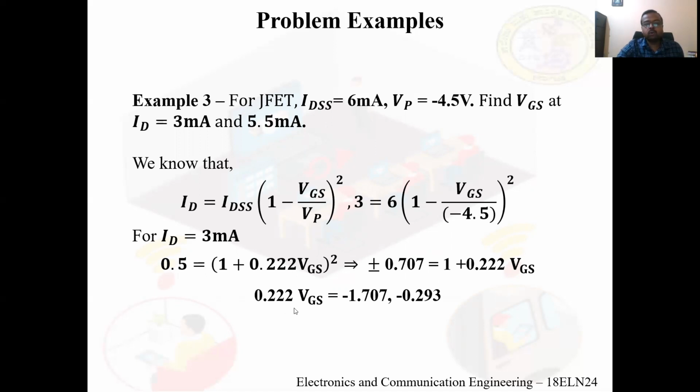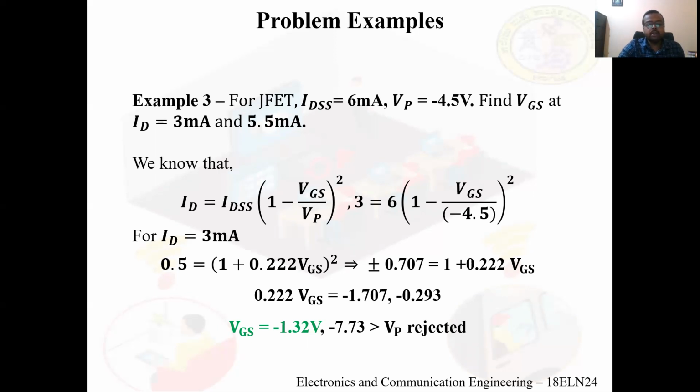Therefore, VGS is equal to what now? Take the 1 to the other side, so this is minus 1. Minus 1 minus 0.707 will be minus 1.707. And if this is considered as plus, minus 1 plus 0.707, you get minus 0.293. Now divide both values by 0.222, so that you get two values: minus 1.32 volts, and the other value of VGS you get as